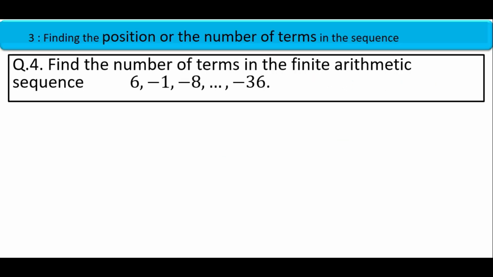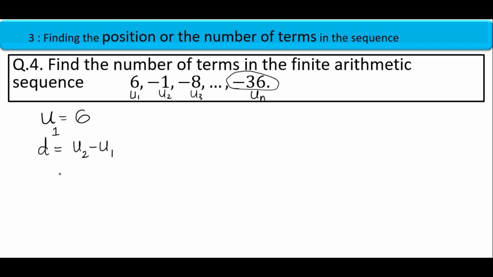Question 4. Find the number of terms in the finite arithmetic sequence. Now you have to find the number of terms here. Now if you look at the sequence, you can see this is the first term, U1, U2, U3, and this is Un. Because you don't know n, you don't know the position of the value negative 36. So if you find the value for n at the position of this term, you can say the number of terms in the sequence. So let's start by writing U1 is equal to 6